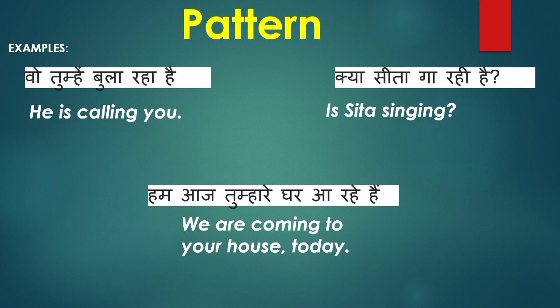बुला रहा है, सीता गा रही है, ठीक है, हम घर आ रहे हैं। तो ये सब जो एक्शंस हो रहे हैं हिंदी में, ये सब कॉन्टिन्यूटी में हैं, राइट। बुला रहा है मतलब ये एक्शन चल रहा है, सीता गा रही है, वो भी गा ही रही है, अभी गाना खत्म नहीं किया उसने, यहाँ गाना शुरू नहीं करा, गा रही है। हम आज तुम्हारे घर आ रहे हैं, राइट। तो इसके लिए हमने एक बेसिक सा स्ट्रक्चर फॉलो कर रखा है।